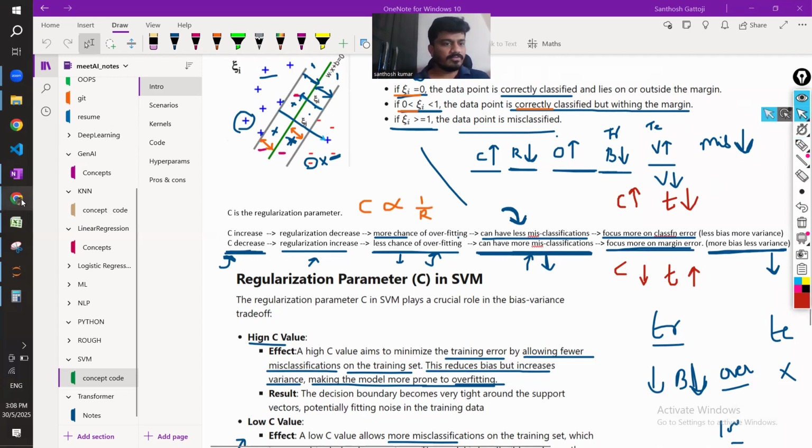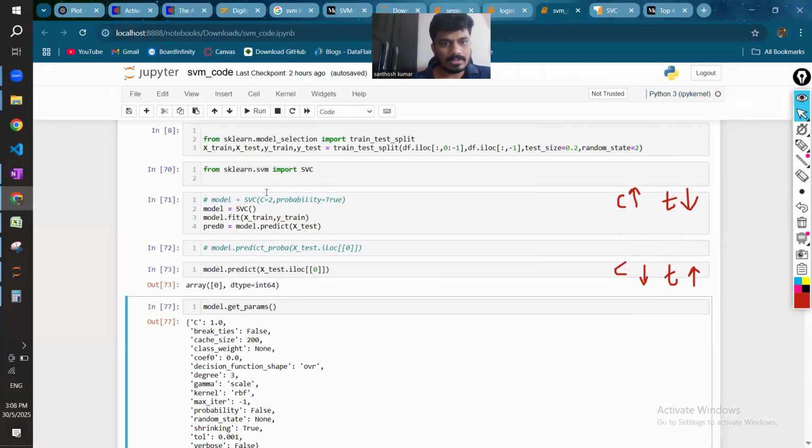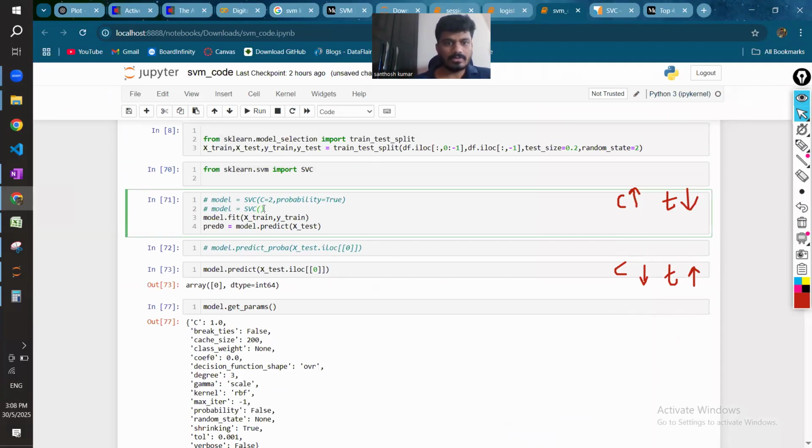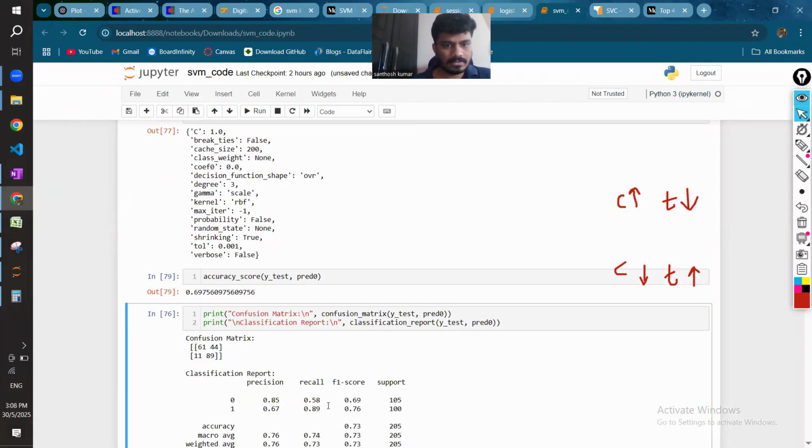Fine. So now if we go back to the coding part, we have these default parameters. And now, for example, instead of using this model, I'll go for C equal to 0.2. So now this is my new model. And if I run the accuracy,